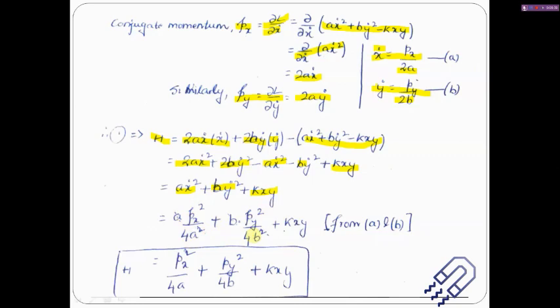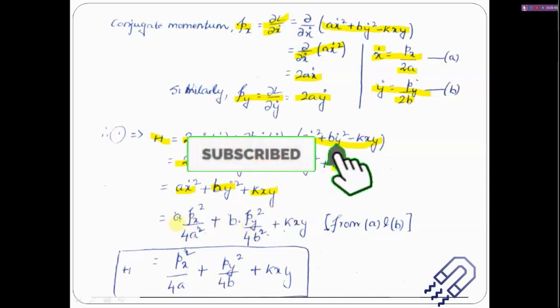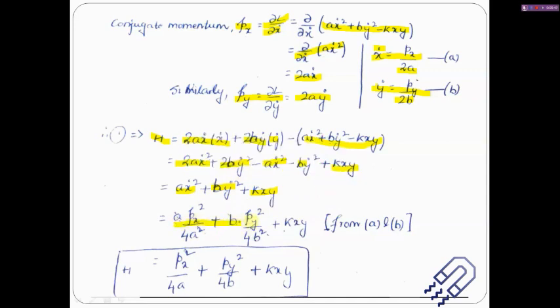Okay, please don't mix up a and b, like I did here. Please make sure that one is a, one is b, and then this is correct. Plus kxy, and then you can just cancel this a, and you get the final relation. You can see this is a very simple question, and the answer is also quite simple. The marks might not be too many. Since this is a simple question, it might be around 3 marks.